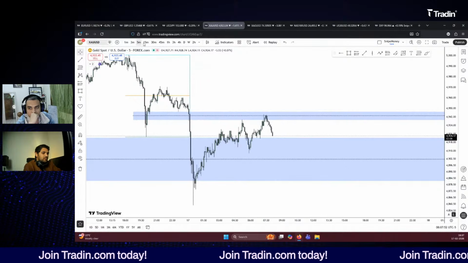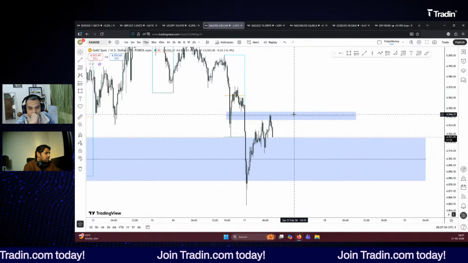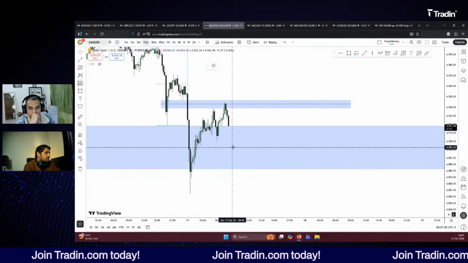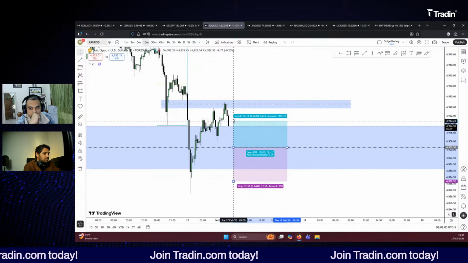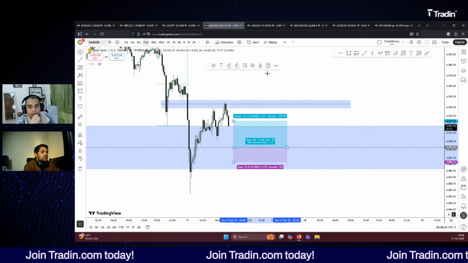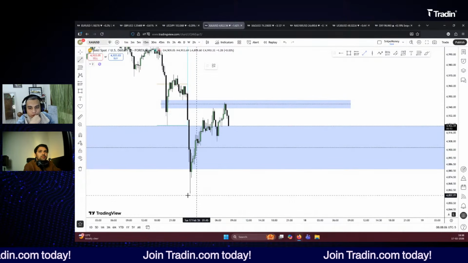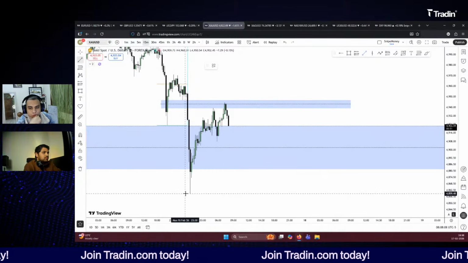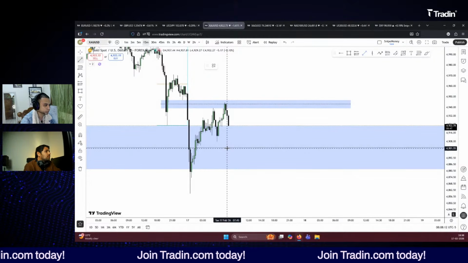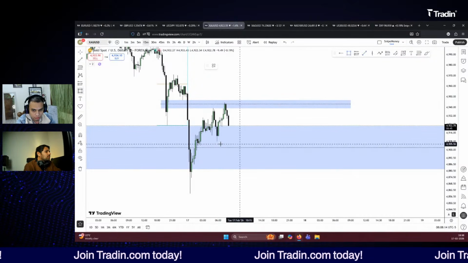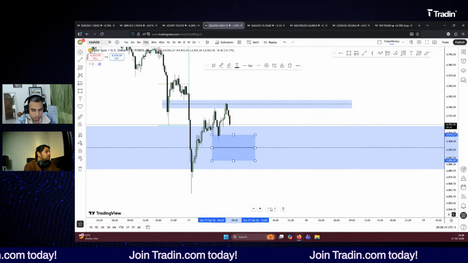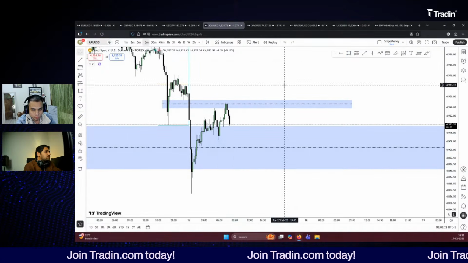So for me, I'm looking for this level. I just want to do some scalping from here. It could be a very quick scalp if I get it. And again, I'm bearish on gold currently. So if I don't get that buy, then I can look for a sell as well. It can depend on this level. I'm looking very closely at whether it is reacting or not. That's why I'm waiting for it.